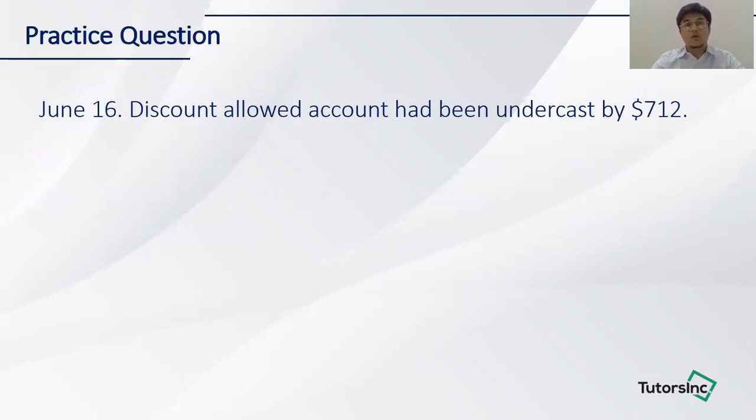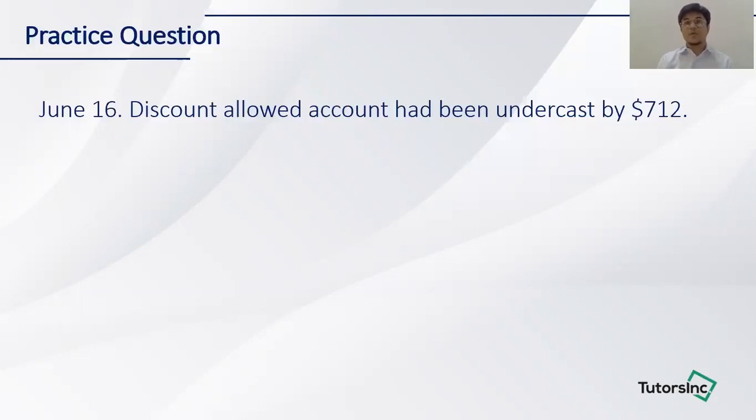Moving on to the next one, where discount allowed account had been undercast by $712. So discount allowed account has been undervalued. It's very easy. We need to understand which classification discount allowed account falls under. Discount allowed is basically an expense. It's a revenue expenditure. So all expense accounts are debit accounts. So in order to correct this error, we need to increase the value of discount allowed account, because discount allowed account was undercast by $712,